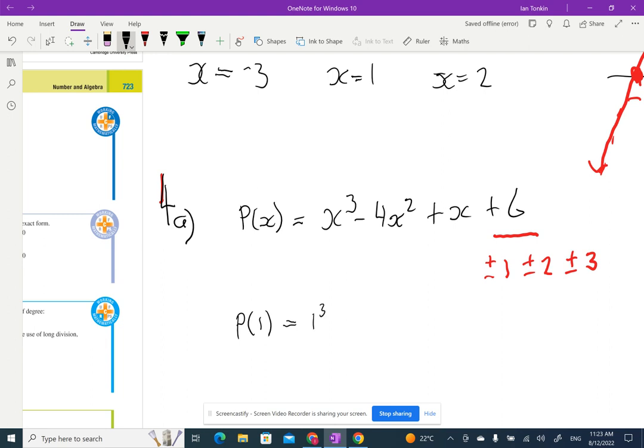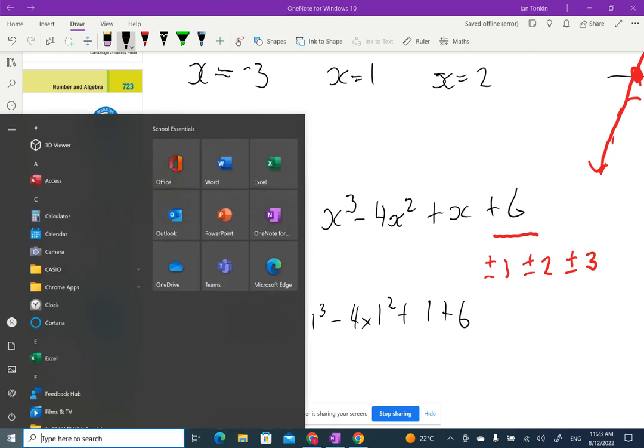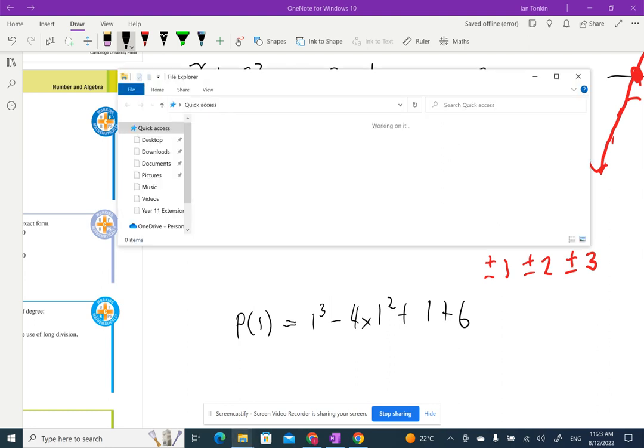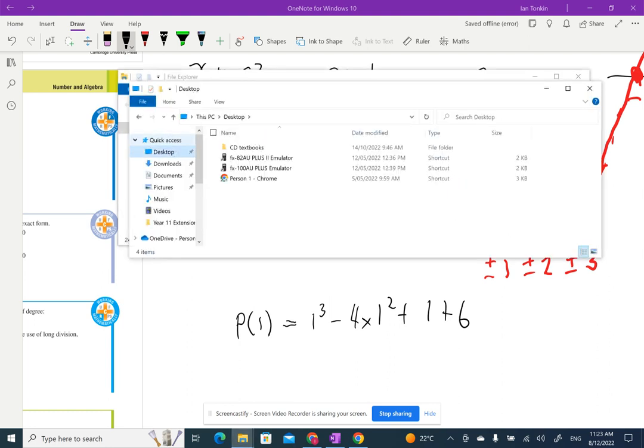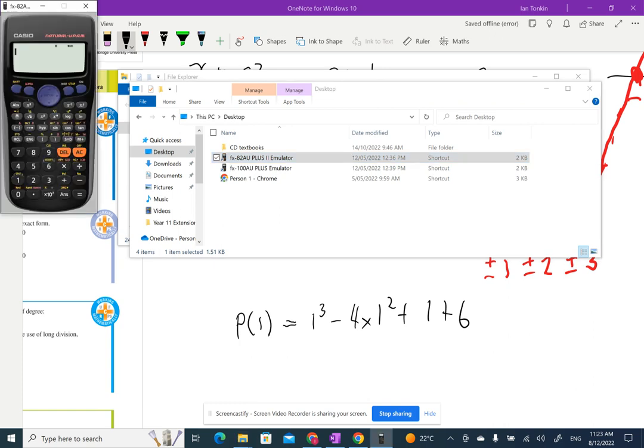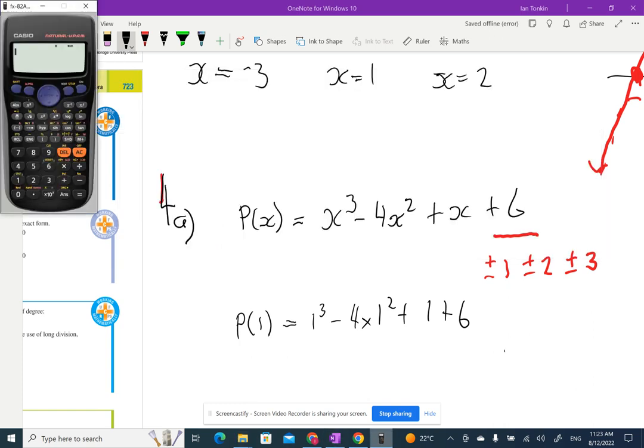So I'm going to go 1 cubed minus 4 times 1 squared plus 1 plus 6. And I'm going to go to my calculator here, sorry. And remember our method for doing this is we put our answer in, because we might have to guess 6 times to get this one here. So I'm going to go 1, press equals. There's my answer. Then I'm going to go my answer